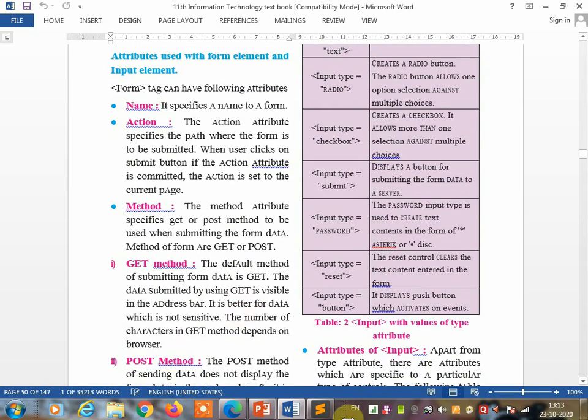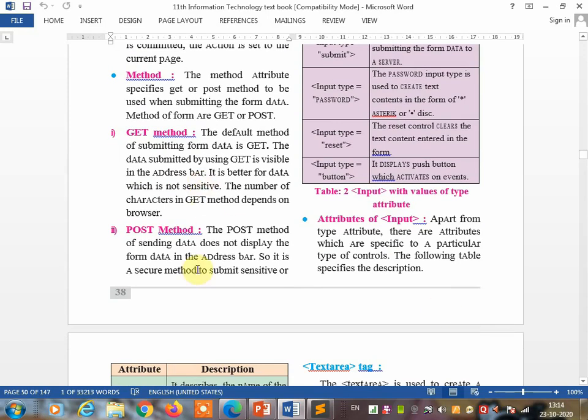Then next is the method. The method attribute specifies the get or post method to be used when submitting the data. The get method is the default method of submitting form data, and the data submitted using get is visible in the address bar. It is better for data which is not sensitive, and the number of characters in the get method depends on the browser.